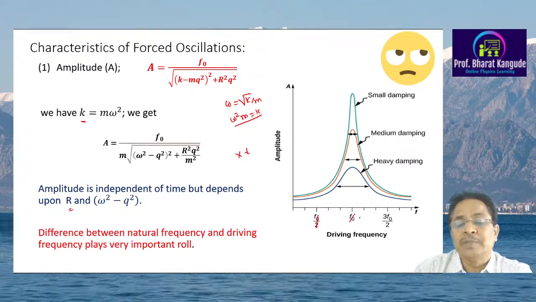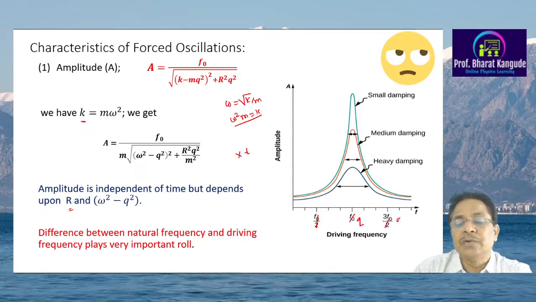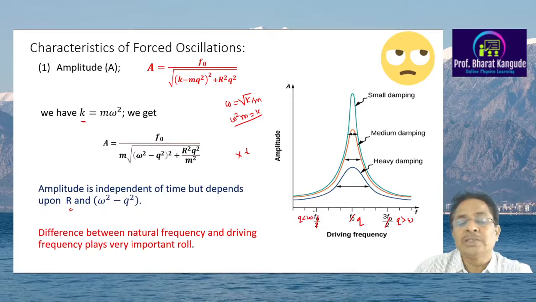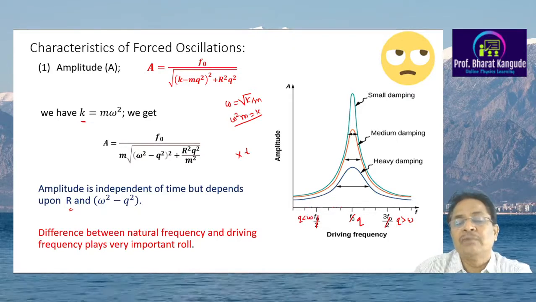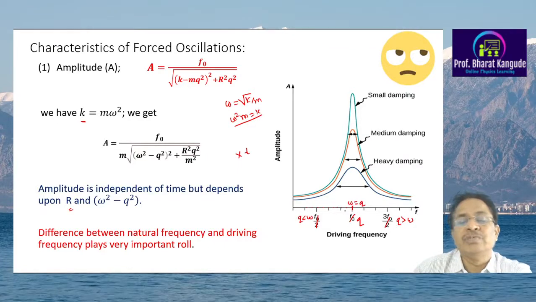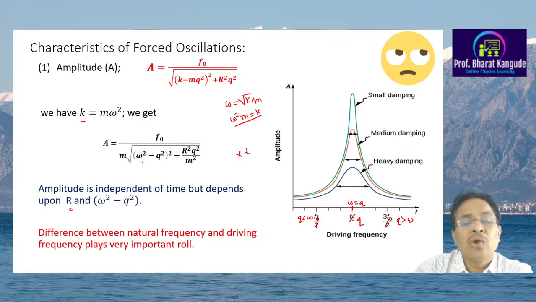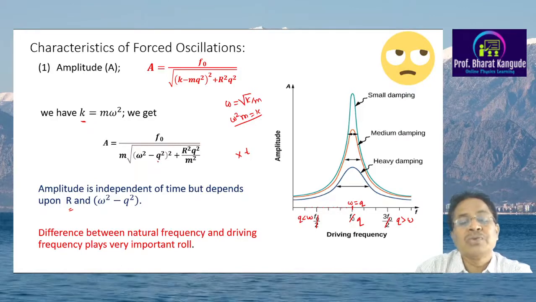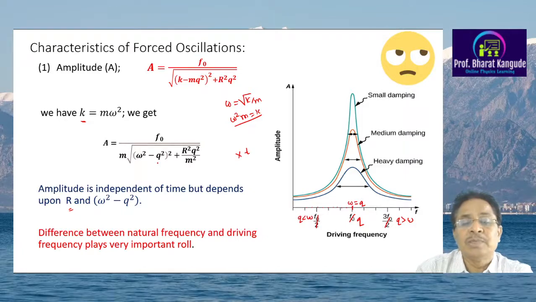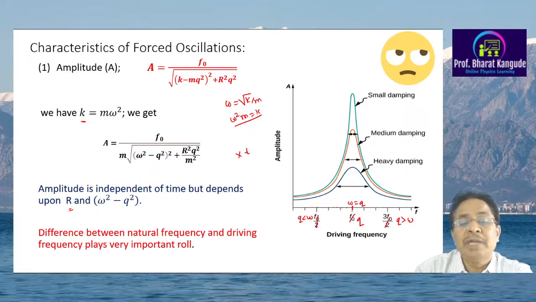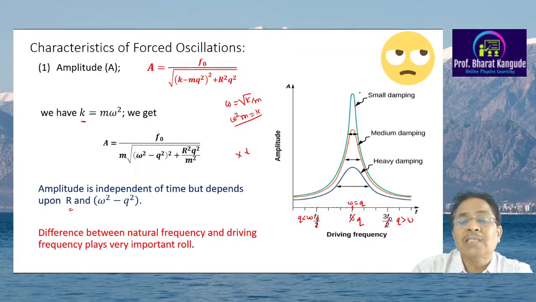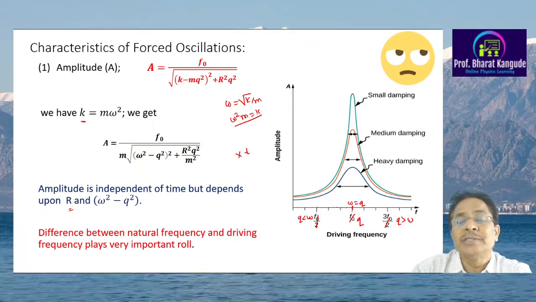I could have written this to be q here. There is q greater than omega, and there is q less than omega. So these are the frequencies of the driving force we are taking here. At omega equal to q, when omega and q are equal, omega square minus q square will be equal to 0, and therefore this term disappears from this bracket. And if r is made very small, then this particular term will have minimum value and you will get maximum amplitude in this case, as shown by this particular curve.